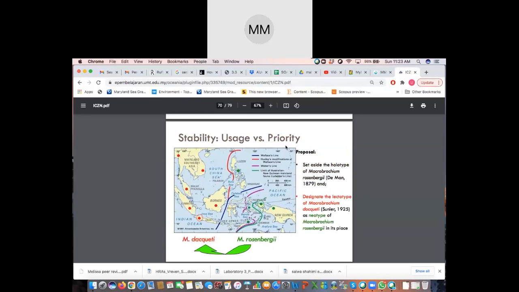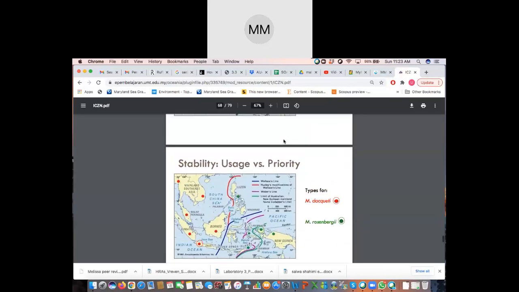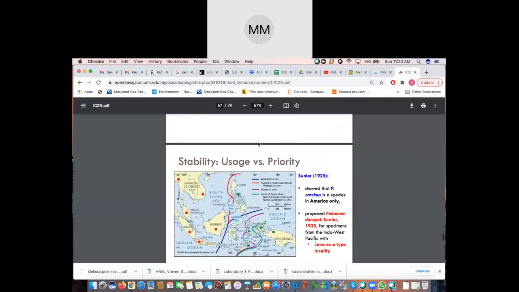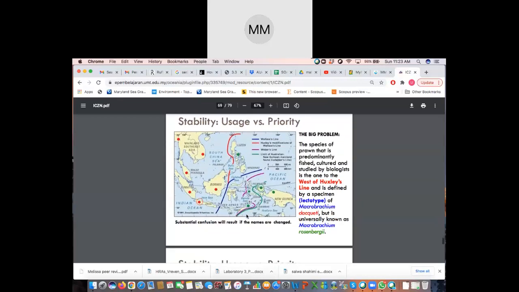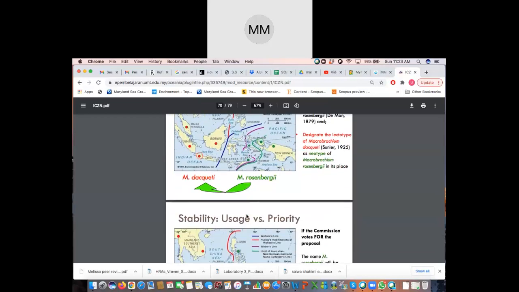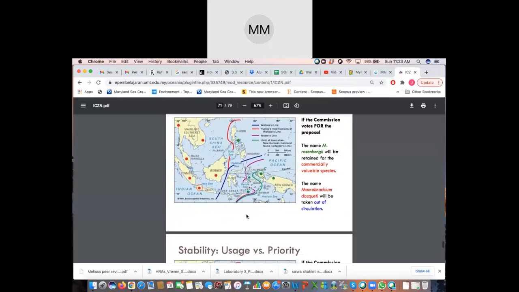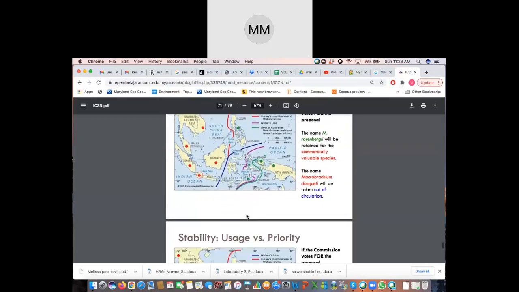But this is exactly what I wanted to achieve with you, because I think the earlier ones were quite straightforward because it's a priority thing. But this one is more because of usage. It's the universal term. Why we sometimes have to preserve stability and usage is because of how publicly it's known.